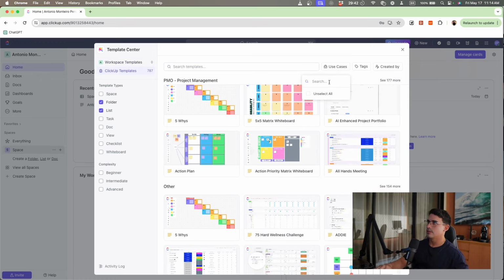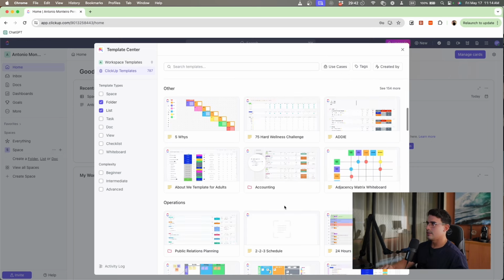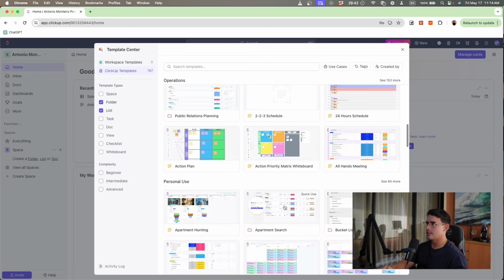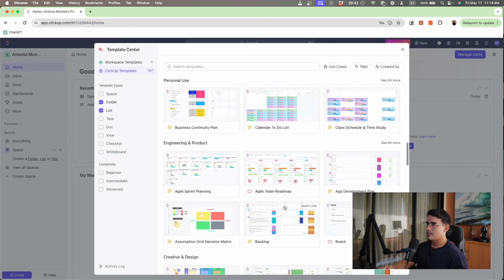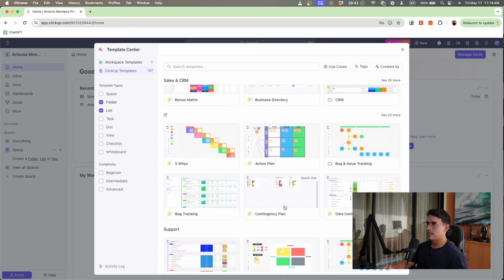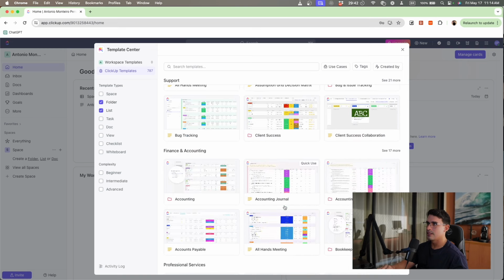And you can also filter here based on complexity and use cases, but you can see there's a lot, so that's why I think it could get a little bit heavy.